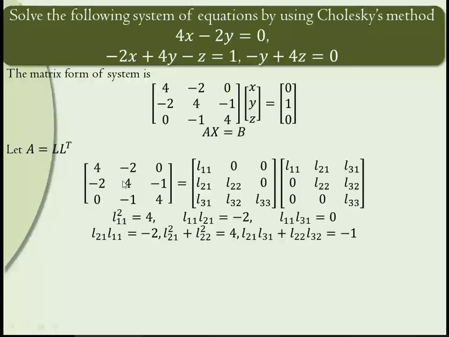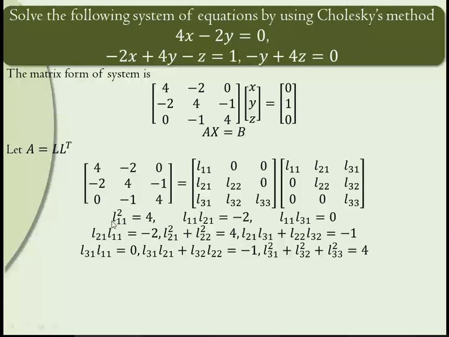This 4, that will be second row, second column. So take second row of this, second column of this, get the equation. Like that, look at the position of that element and take the corresponding row and column. Take the corresponding multiplication, that gives us these 9 equations. Now these are simple equations. Just putting this value into the previous and next equations, we can easily find all these terms.